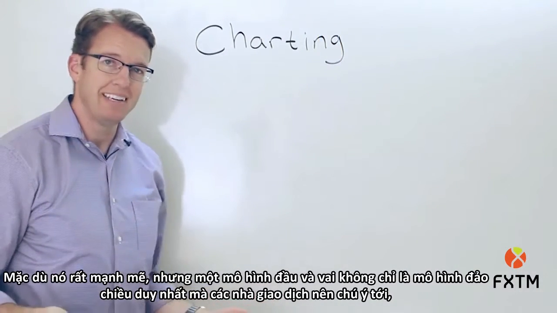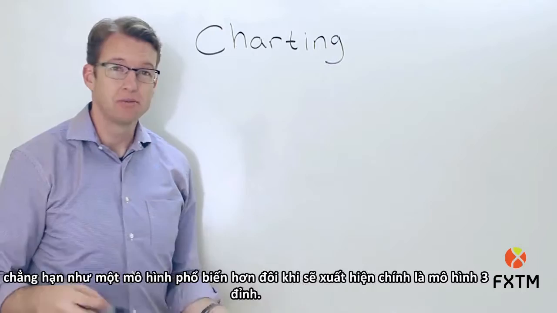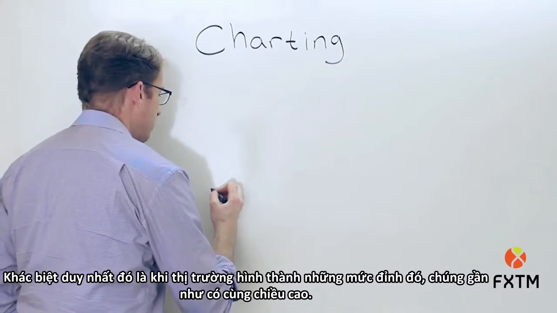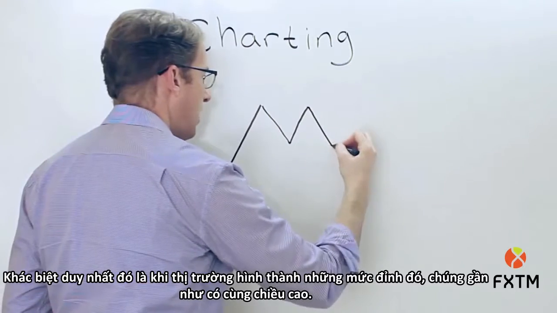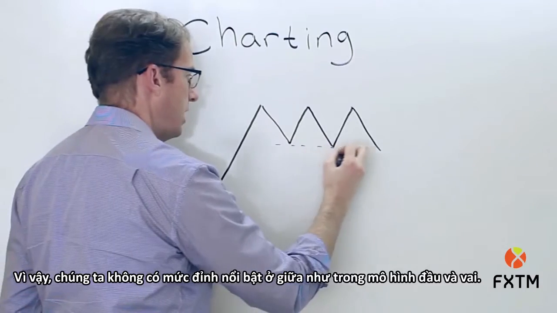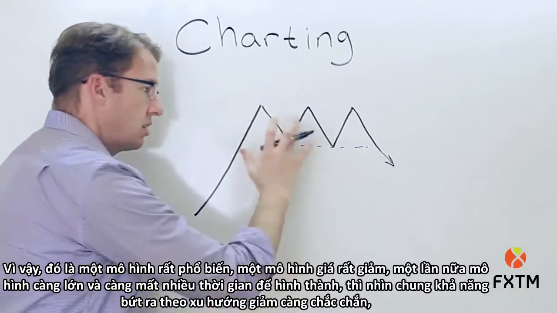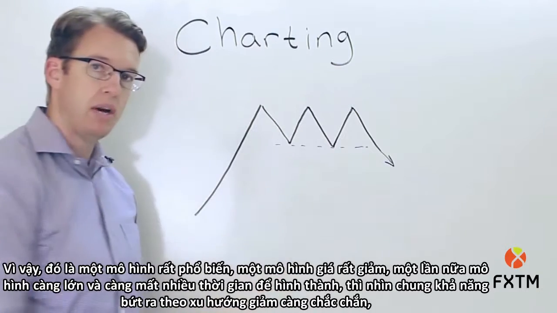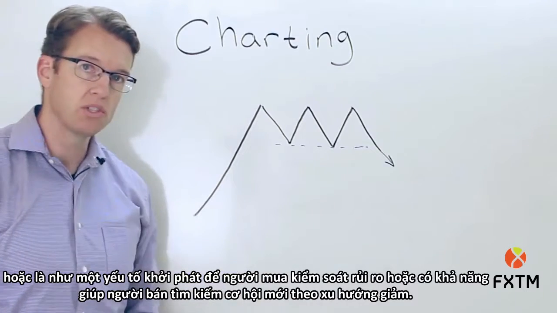Although it's very dramatic, a head and shoulders pattern is not the only reversal pattern that traders should be paying attention to. For example, a more common one that will appear from time to time is just a triple top. The only difference being that as the market forms those highs, they are roughly at the same height. So we don't have that prominent peak in the middle as we do in a head and shoulders pattern. That's a very common one, a very bearish price pattern. Again, the larger and the longer it's taken to form, generally the more reliable that breakout is to the downside, either as a trigger for longs to control their risk or potentially for shorts to look for a new opportunity